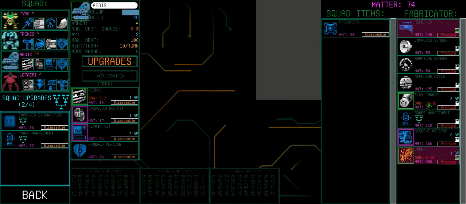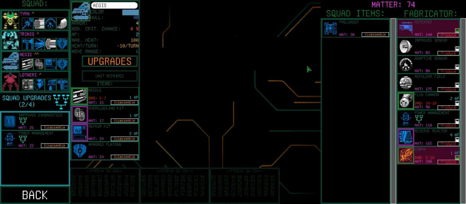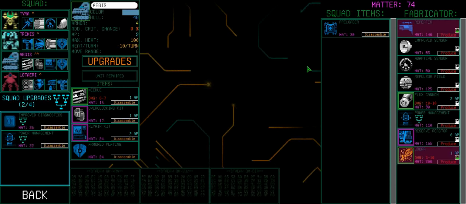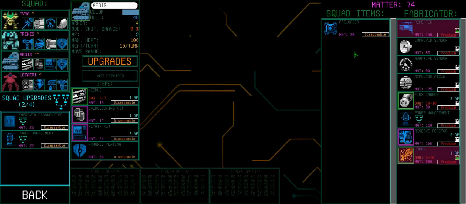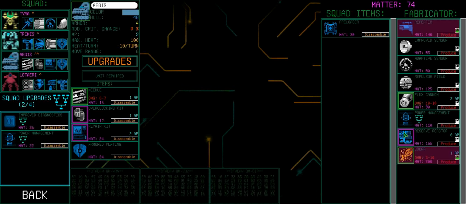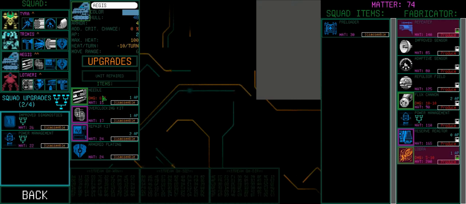And I don't have enough matter for any of this. Oh, by the way, there was no reason for me to do that. Arguably, I should hold on to those items until I'm ready to sell them for matter that I can spend on something. I just don't like them being in my squad items for some reason. I don't know why. It's like an OCD thing. So, don't do what you see me doing. Alright, so let's now go ahead and...